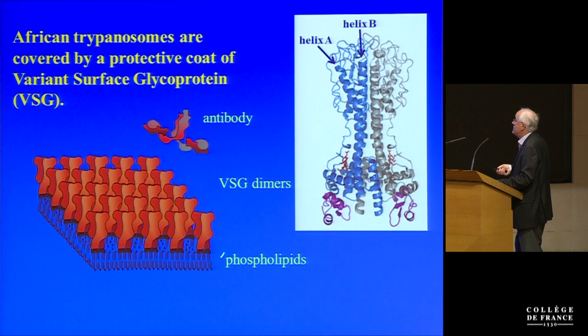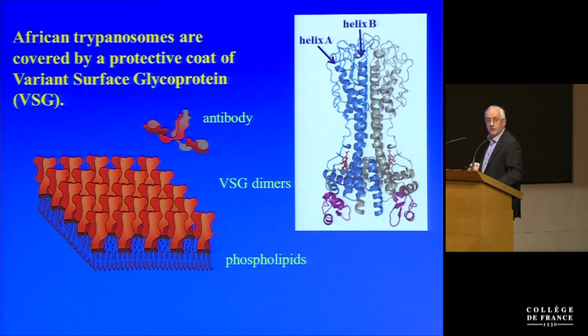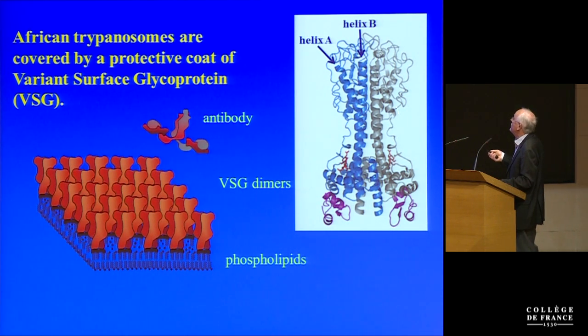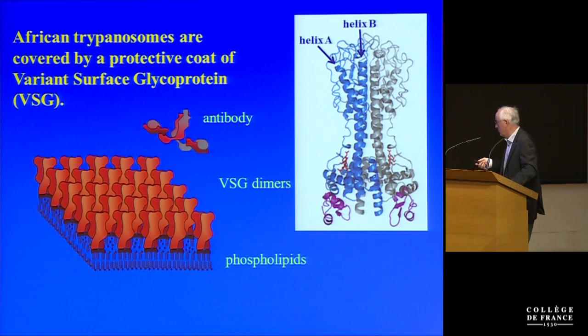This VSG is made of two domains, the N-terminal one being made of a hairpin-like structure of two long amphipathic alpha helices, helix A and helix B, helix A being at the N-terminus of the protein. Then there is, of course, a short turn at the bottom of the structure, and then you have helix B, which interacts with helix A, as you see here. Altogether, this makes an elongated structure that presents the antigenic surface loops to the host. This is important to remember for the rest of the talk.